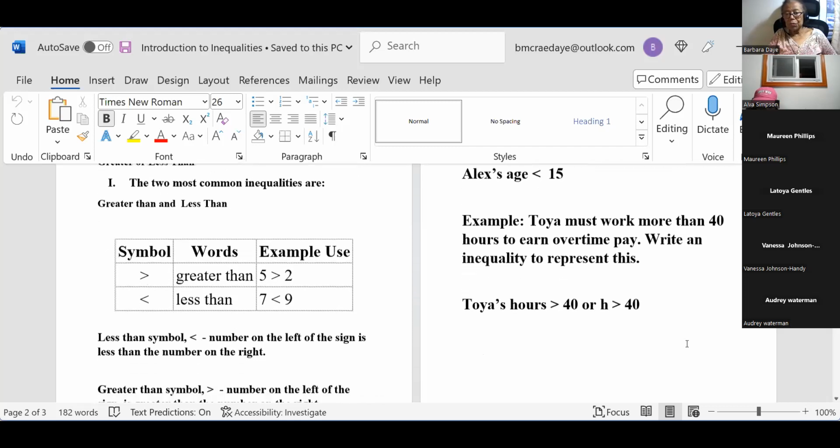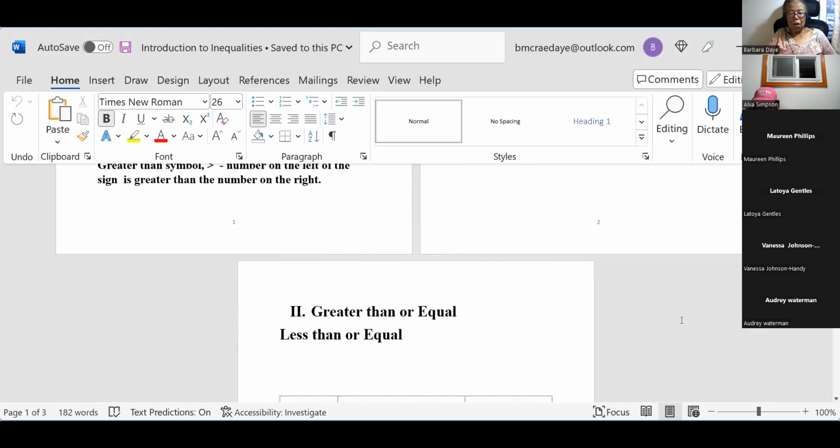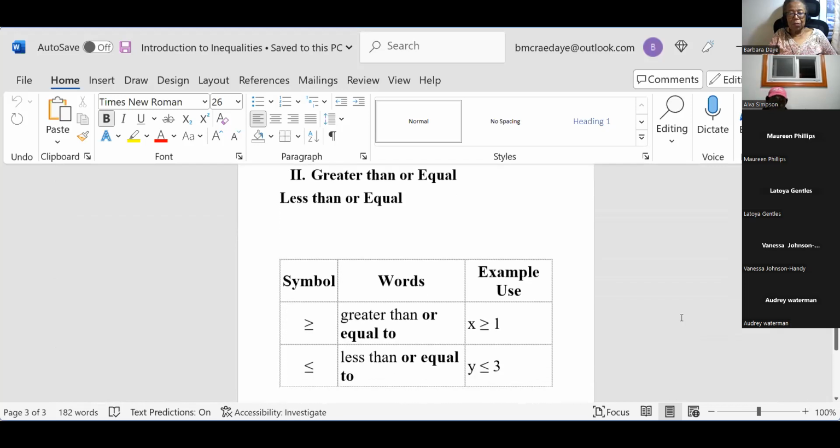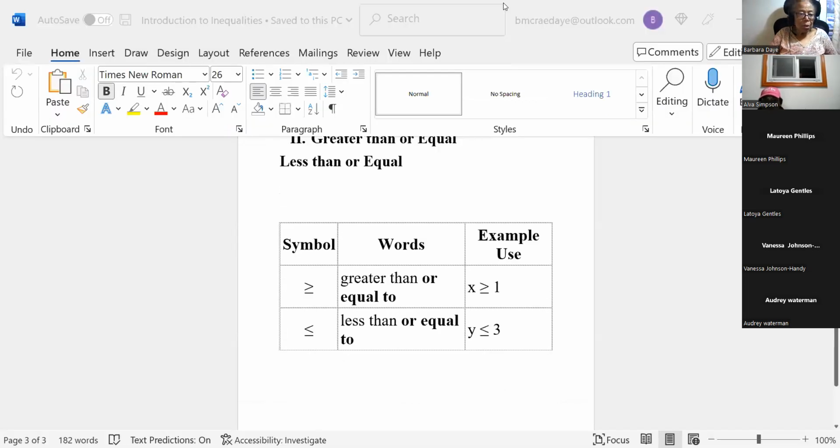Questions? Okay, so greater than or equal, less than or equal, those we will look at later with some problems, but today we just want to look at greater than and less than. So let me do a new share and see if I can go to